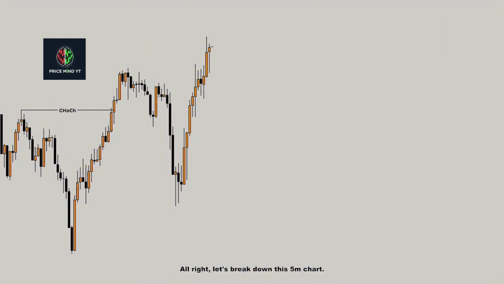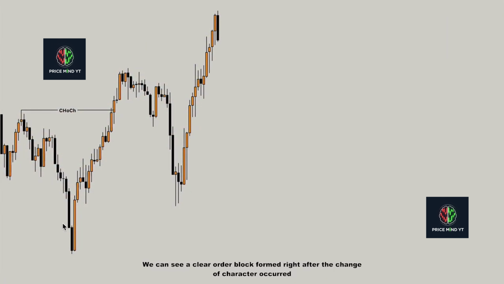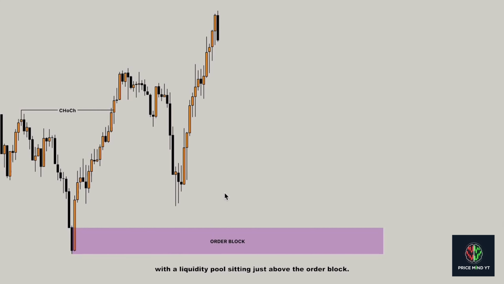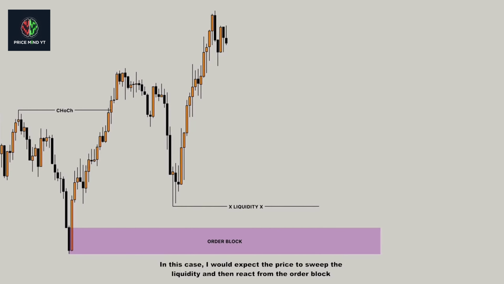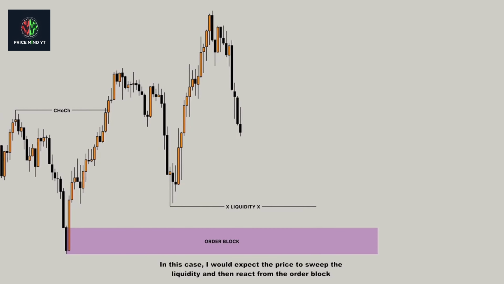Alright, let's break down this 5-minute chart. We can see a clear order block formed right after the change of character occurred, with a liquidity pool sitting just above the order block. In this case, I would expect the price to sweep the liquidity and then react from the order block, confirming